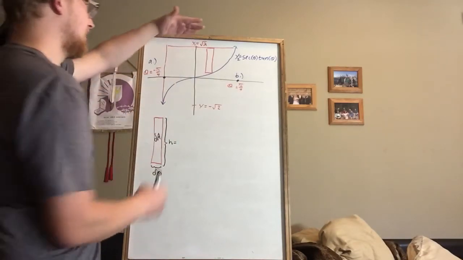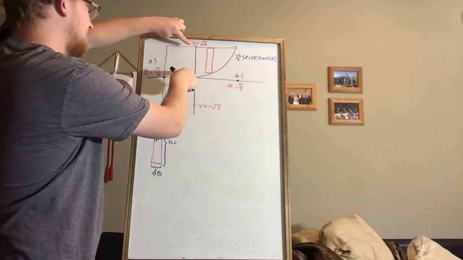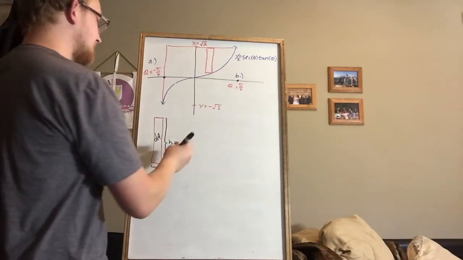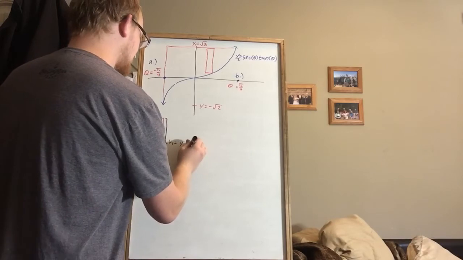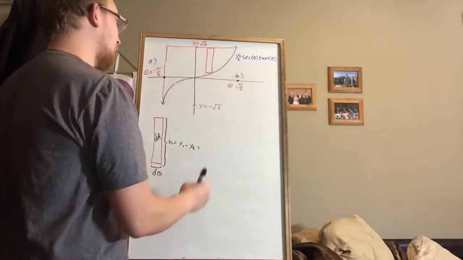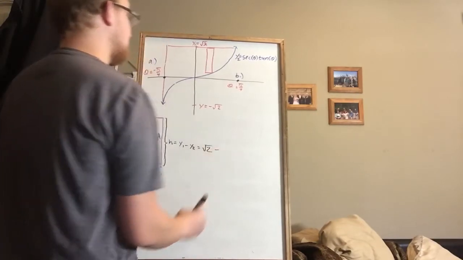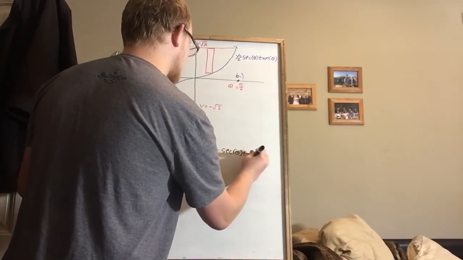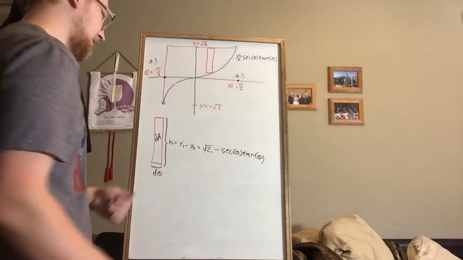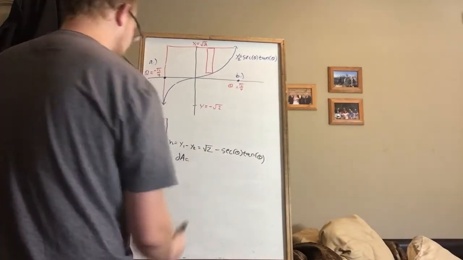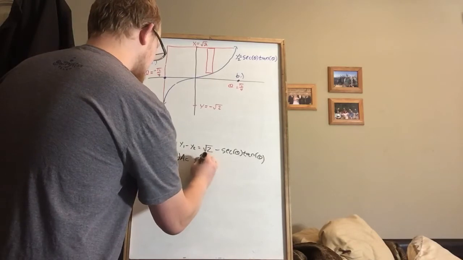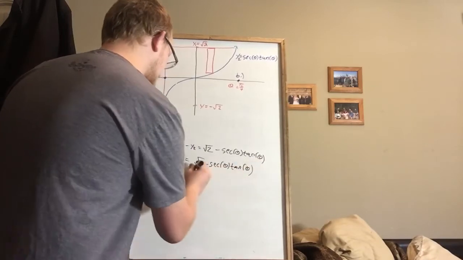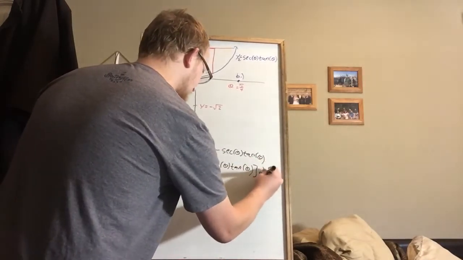So height is going to be root 2 minus secant theta tangent theta, because for every given point, there's a rectangle that works using that formula. So height is equal to y1 minus y2. I just labeled them y1 and y2; you could label them differently. Which is root 2 minus secant theta tangent theta. Alright, now that we found the height, we know that dA, our infinitesimal area, is equal to our height, root 2 minus secant theta tangent theta, multiplied by the infinitesimal width of each rectangle,